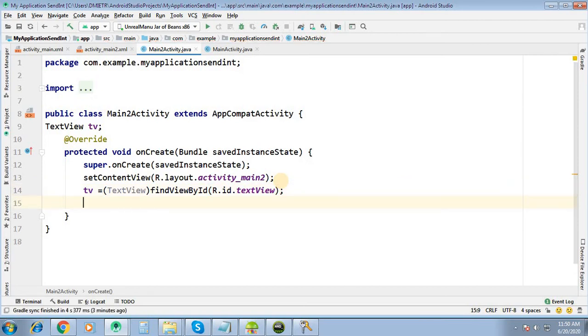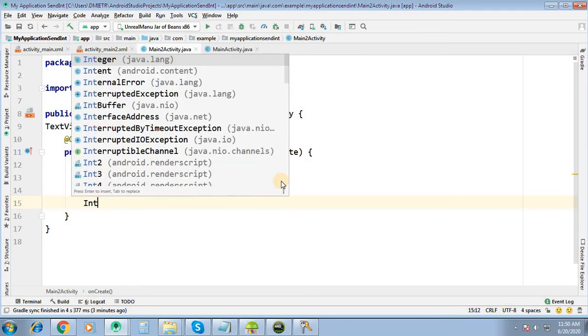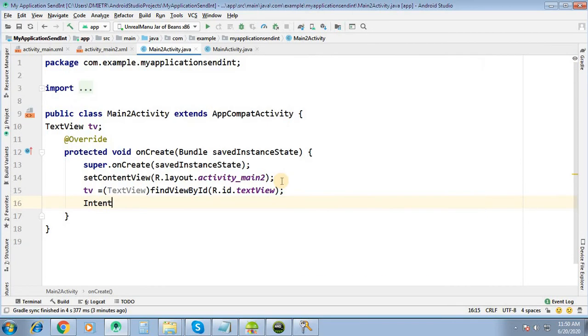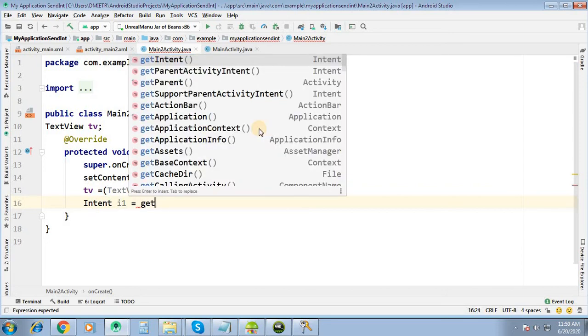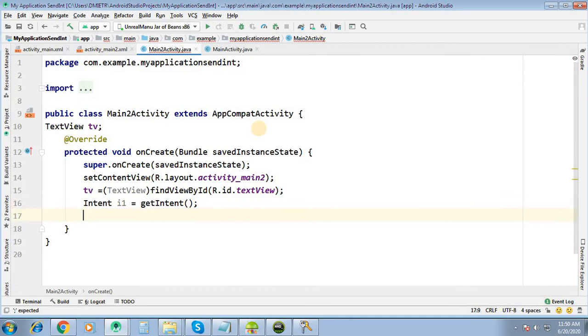Now here we will get the intent. We will create the object of intent, I1 let us say, and we will get the intent with getIntent.